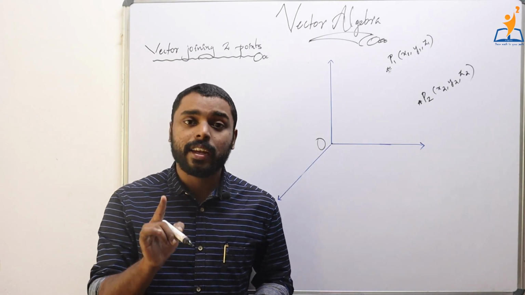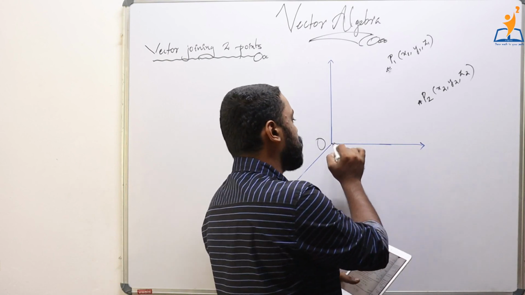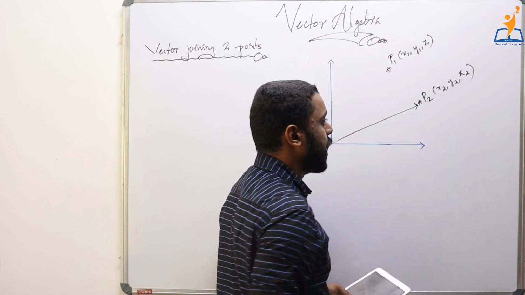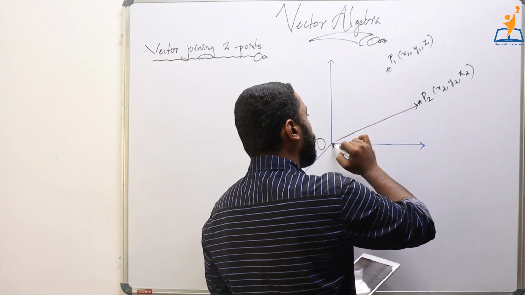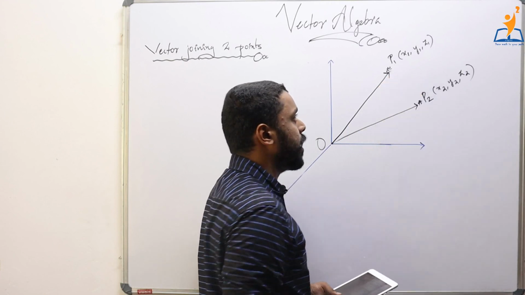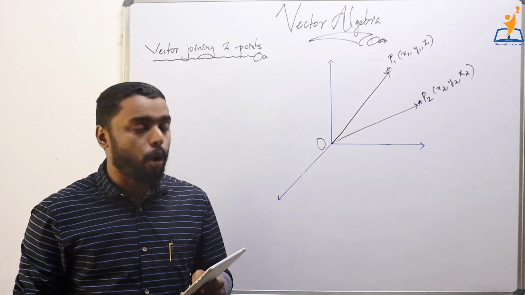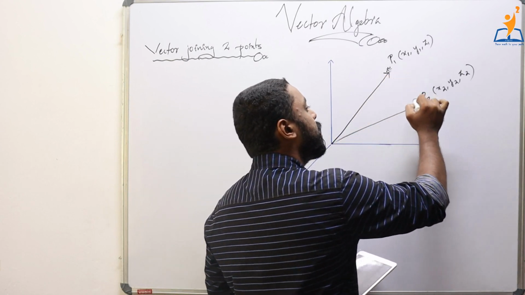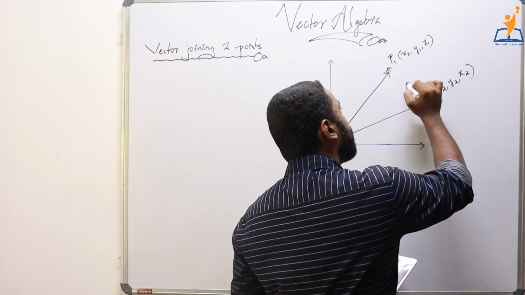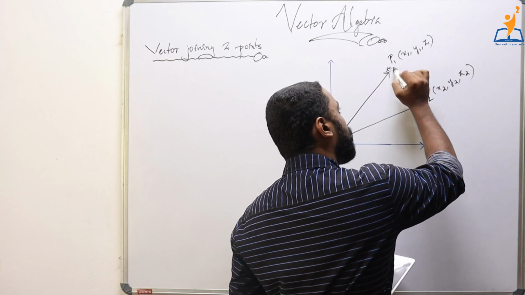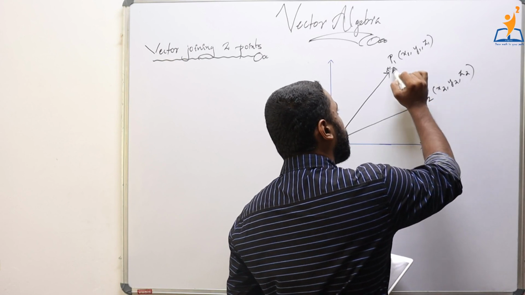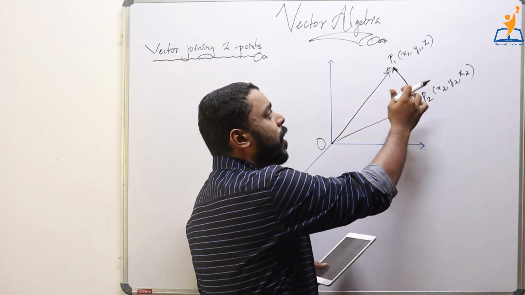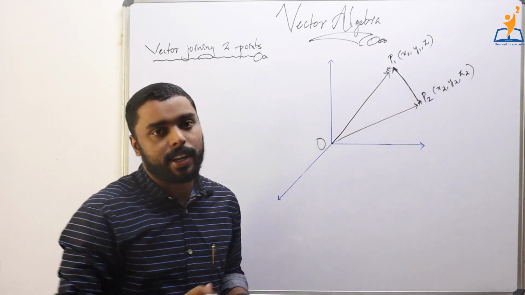Till now, we know that for any given point, we can find a position vector. That is, if we are given P2, we always can find this position vector, right? Similarly, if we are given P1, we always can find this position vector, right? Now, the problem is we are given P1 and P2, and we have to find a vector connecting these 2 points, that is P1 to P2 or reverse. We can choose any one. So here we have chosen P2 as the initial point and P1 as the terminal point. So we have to find a vector connecting P2 and P1.